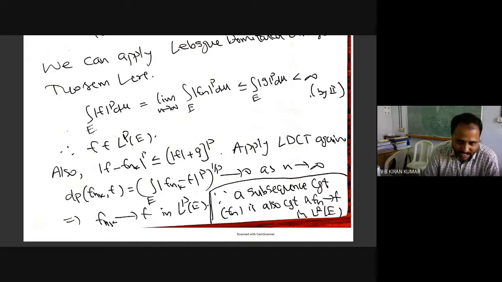So, is anything else remaining to be proved here? I am supposed to prove that this Cauchy sequence is convergent. Instead, I proved that there exists a subsequence which converges to something. Is that enough?